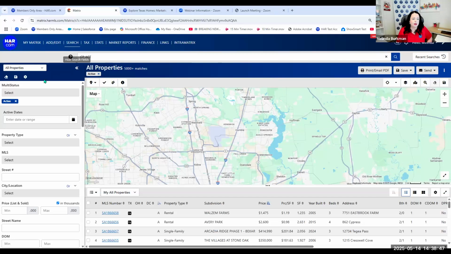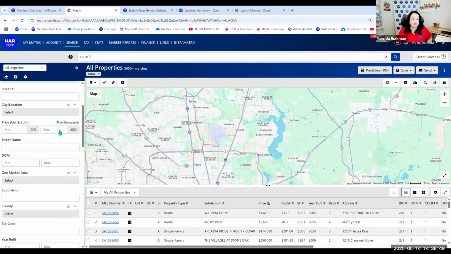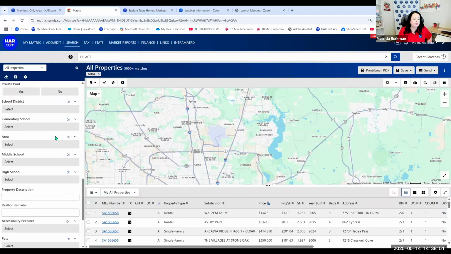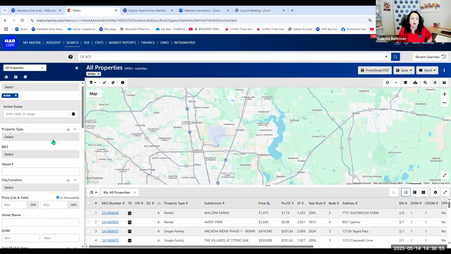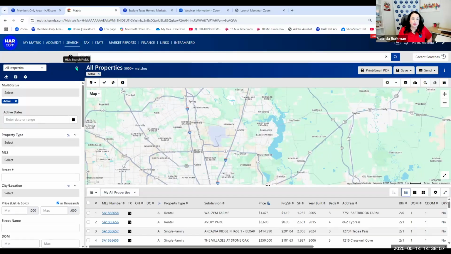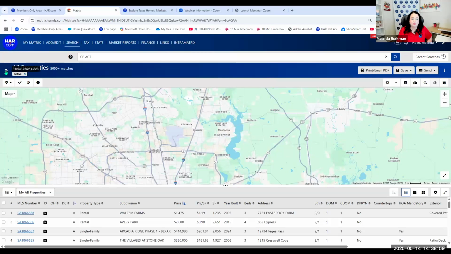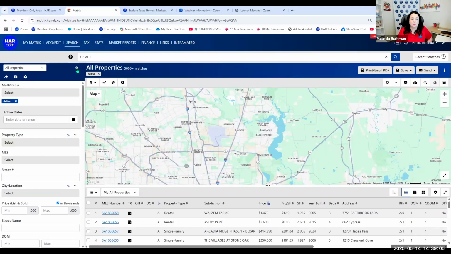So I've got my criteria down this left side. Once I have filled in all this criteria, and we're going to go through all of these different fields, once I've filled them in, I can collapse that down, okay, so that they're out of my way. I still know what they are, and if I need to go back and edit them, I can just open them back up. But this is using the width of my monitor. It is responsive to my device, and I have a giant monitor here.